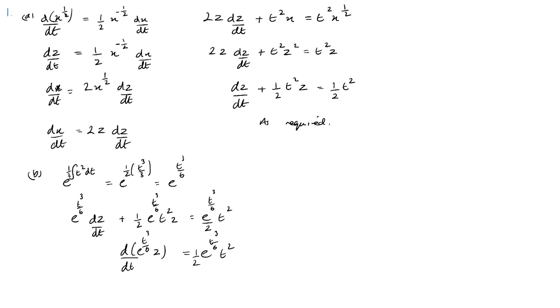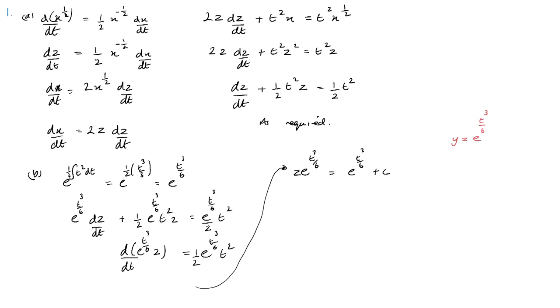Now integrating both sides, so I'm just going to carry on up here. We get z e to the t cubed over 6 equals e to the t cubed over 6 plus c. And if you want to just double check it, if you're starting with e to the t cubed